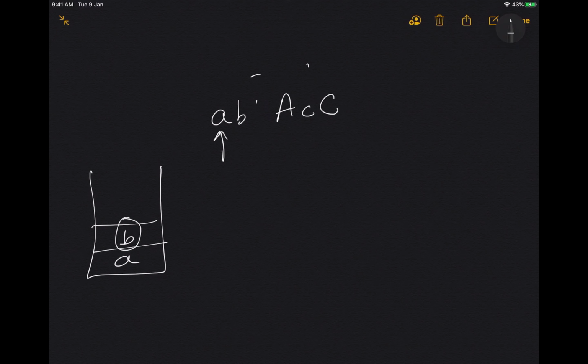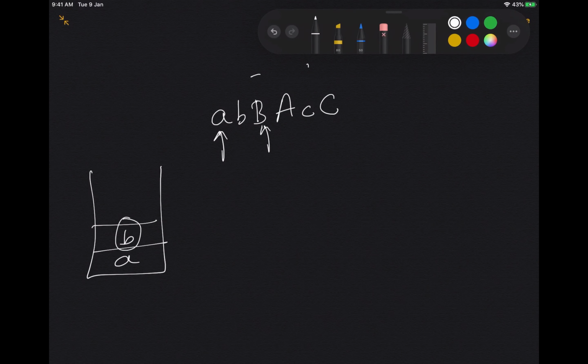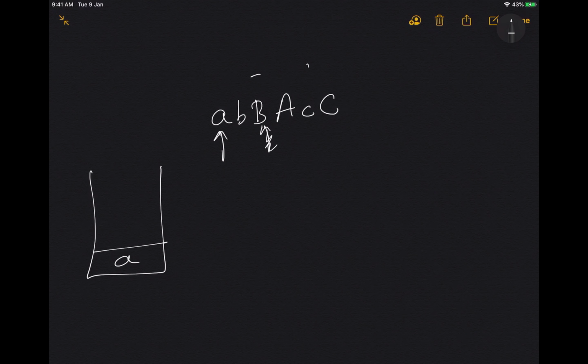Yes, it is. So we pop the top element of the stack, we remove this, then we move forward, we reach here, we check whether the top element of the stack is equal to this. Yes, it is. We pop this element of the stack too. Now our stack is empty.